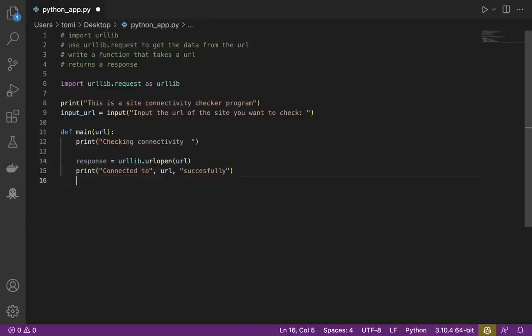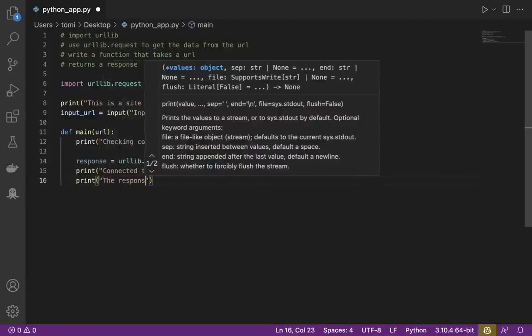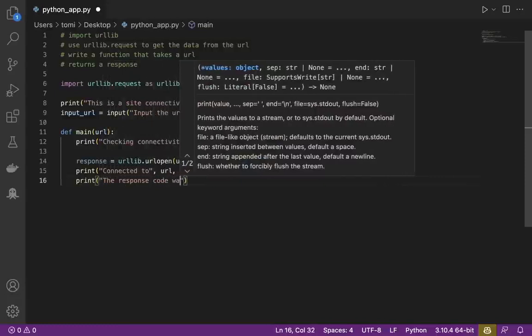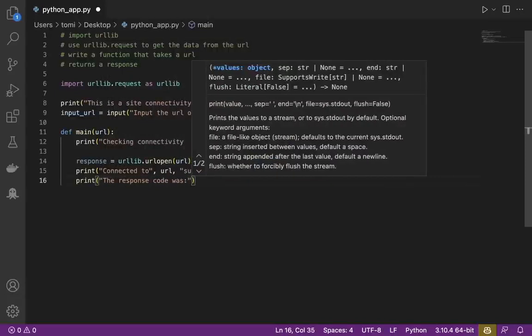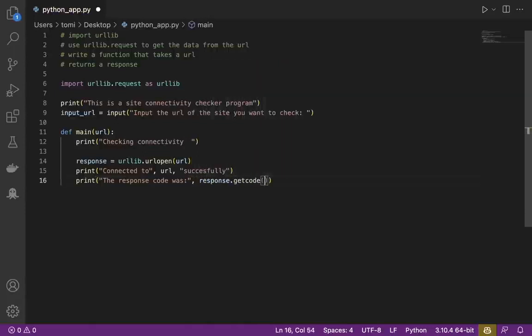But then we want to show the response, like is it a response of 200, is it an error? So let's just say print the response code was response dot get code. So this dot get code is going to allow us to get the response code basically. And as I said, 200 means that it got it successfully or was able to use that site successfully. So this is basically all we need right now. But the only thing I see that we need to change is that we need to have this particular function